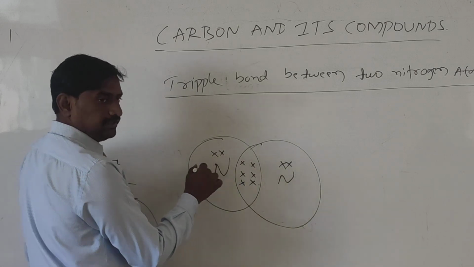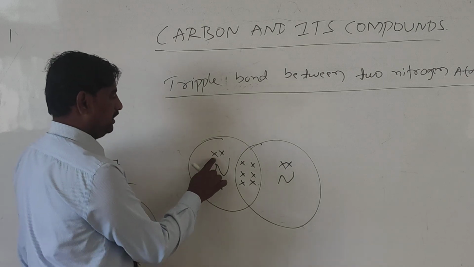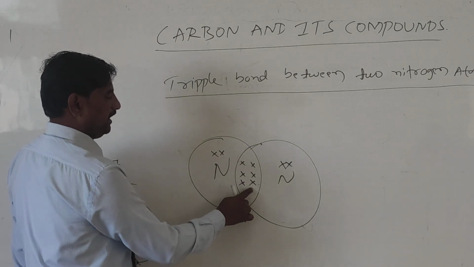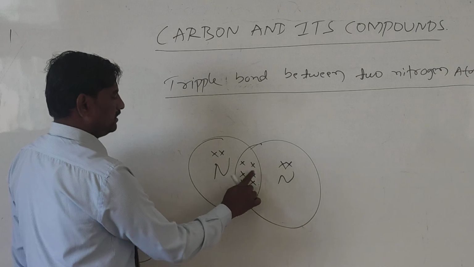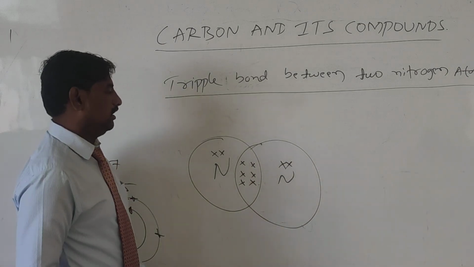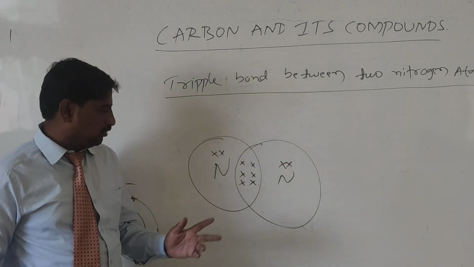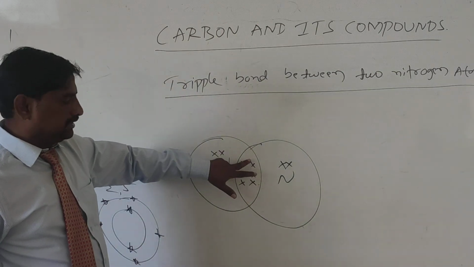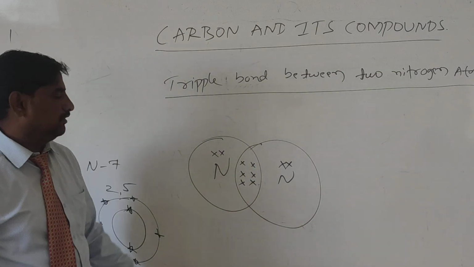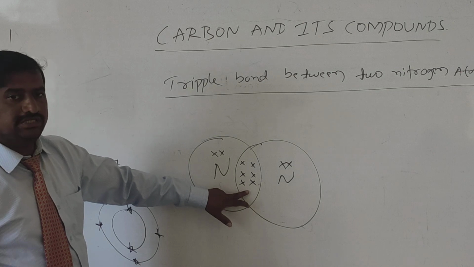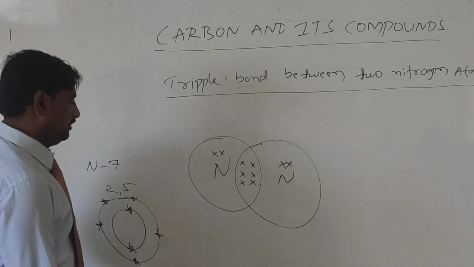Now this obeys the octet rule. Here 1, 2, 3, 4, 5, 6, 7, 8, and here also 8. Totally 3 pairs of electrons are sharing: 1 pair, 2 pairs, 3 pairs, meaning 6 electrons are sharing between the two